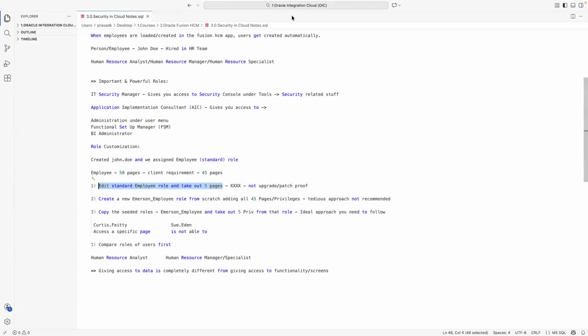Then what's the next thing that comes to your mind, guys, to fix this issue? The standard role is giving access to 50 pages. The client needs only 45 pages. We cannot edit the seeded role and take out 5 pages. The second thing that might come to your mind is, okay, let's do it this way, Prasad. Either copy the role. Yeah, copy role is the third one. So the second option that you could think about is